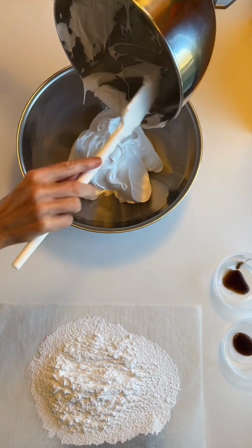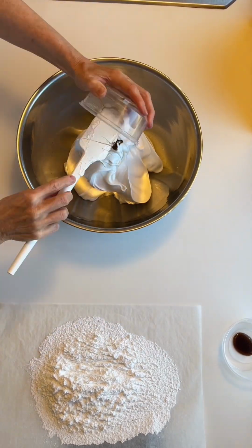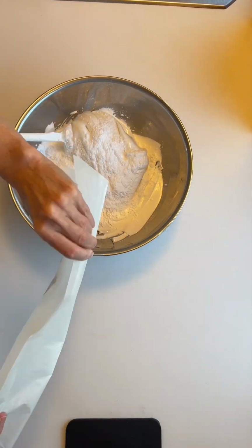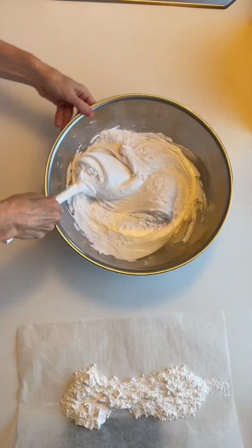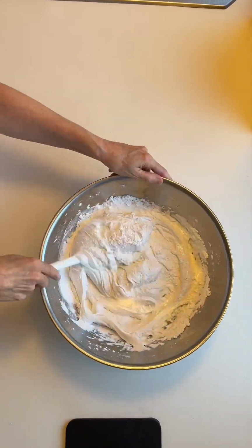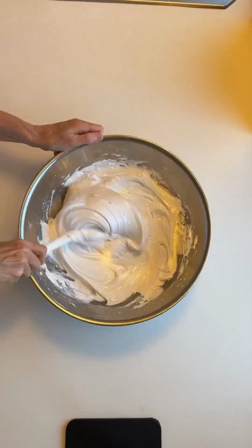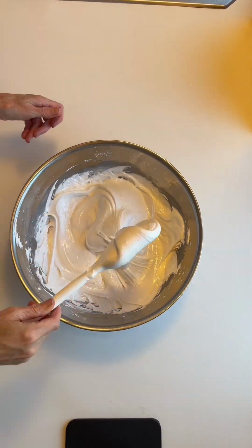An egg white consists of 88% moisture and 10% protein. I compare the protein strands to fingers or your muscle fibers. They lengthen and eventually connect as they warm up and they grab onto one another. So temperature has a big effect on how the proteins behave. The proteins begin to connect and form a network, but without additional ingredients, that network will just fall apart when